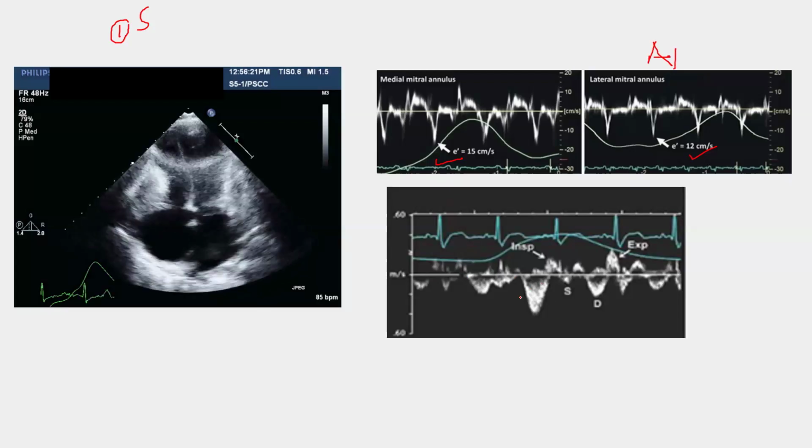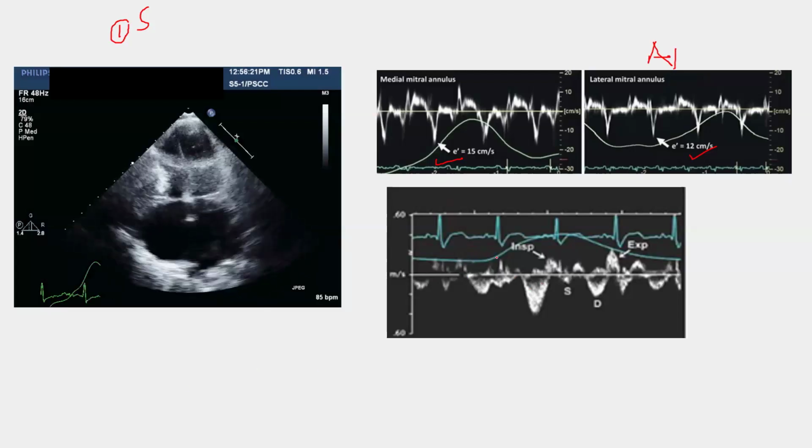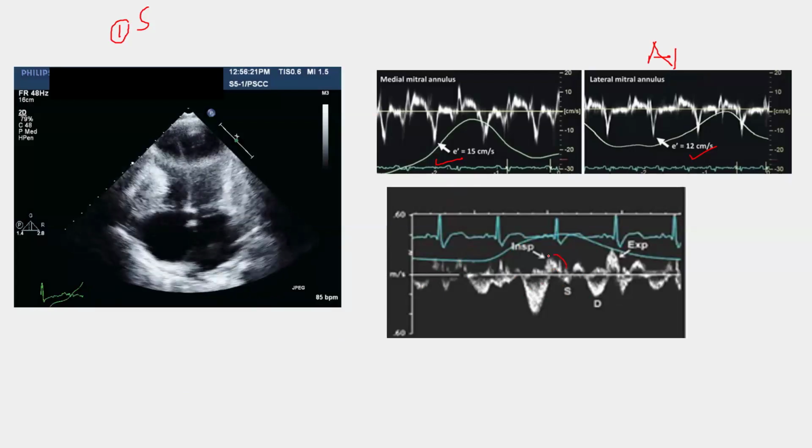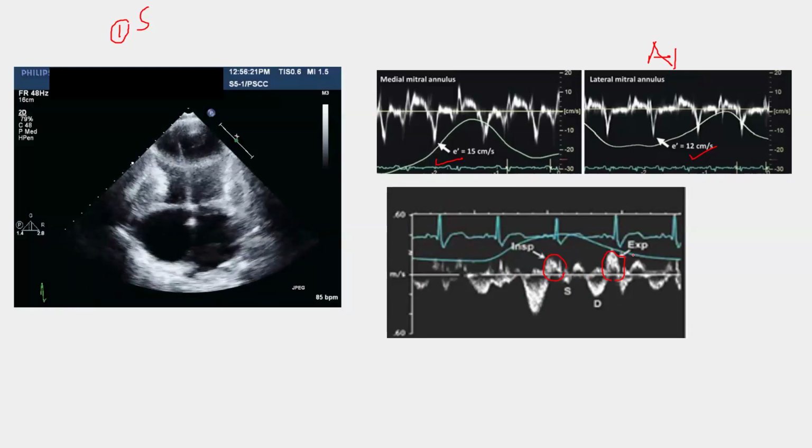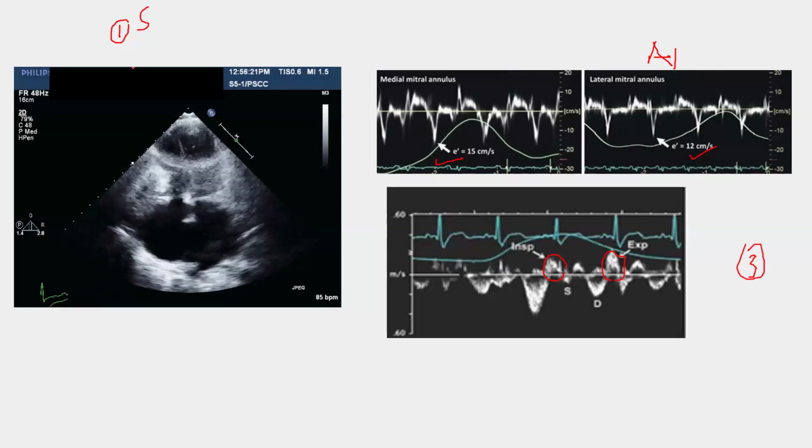And third, look at the hepatic venous Doppler, during inspiration and during expiration. You just have to compare this with this. This is the diastolic reversal. And you see, is it more in expiration or in inspiration, or is it fixed? You see that it is more during expiration. So increased expiratory flow reversal in the hepatic venous Doppler is the third sign of constriction. So these are the three signs of constriction